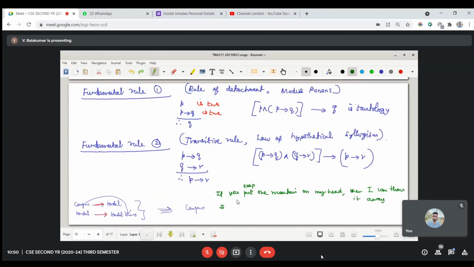Sir, if today is Tuesday, then we have maths class, no sir. That is one statement, an implication statement. And second, we are saying that today is Tuesday. Then we finally come to the conclusion that today we have maths class. Yes. The same thing here also: P implies Q I have given. Whether P is true or P is false, that I have not given to you. Then we can't say, sir.